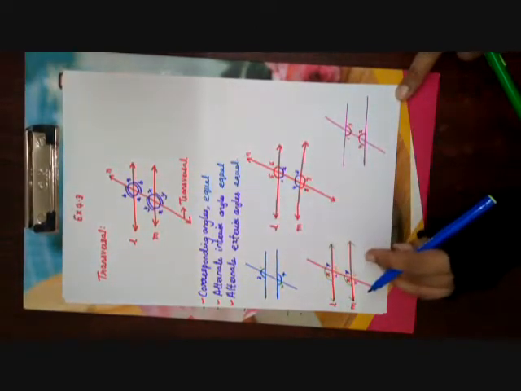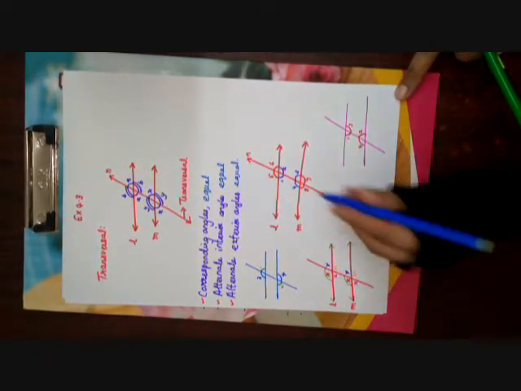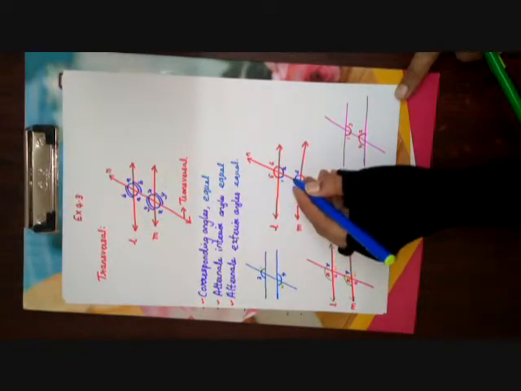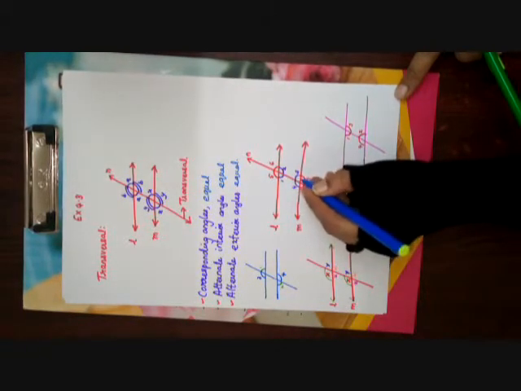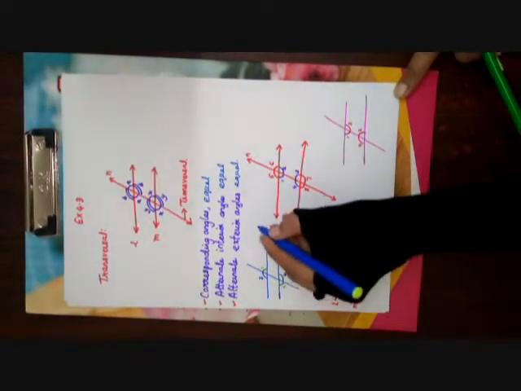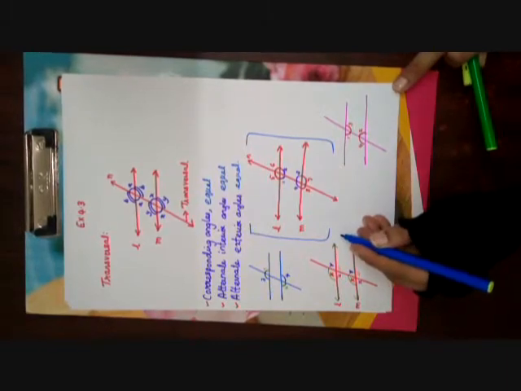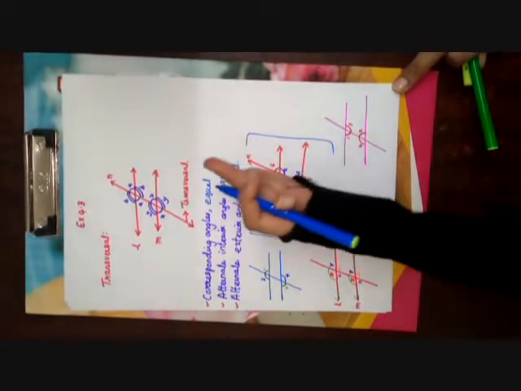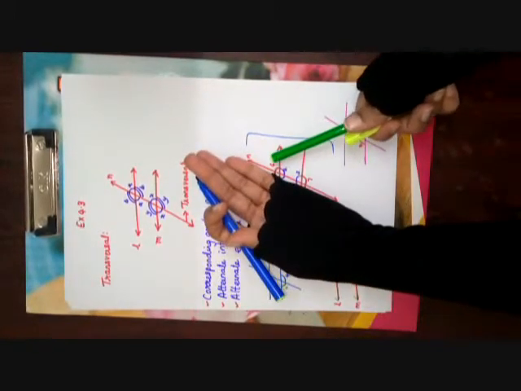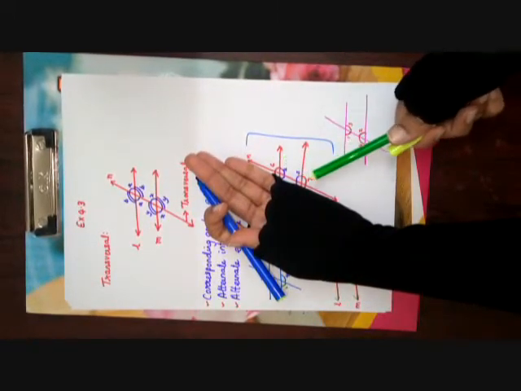There is also one more condition that says that the interior angles lying on the same side of the transversal, in this figure, okay, consider this figure, children. Now in this figure you tell me which are the angles that are lying on the same side of the transversal. If you see, suppose this is the right side, which are the angles? 6, 2, 3 and 7.